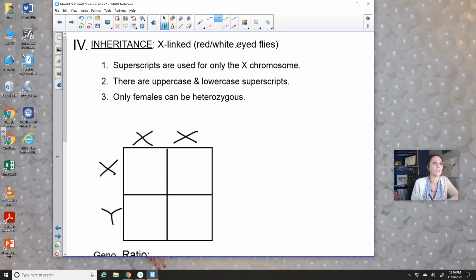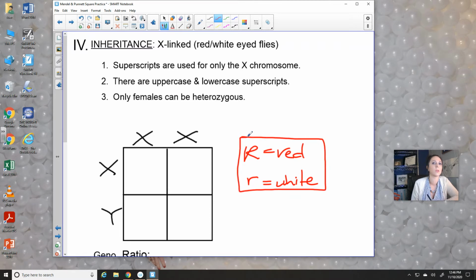flies. There are two colors that fruit flies can have. They can have red eyes, which is a dominant trait, or they can have white eyes, which is the recessive trait. So here's our legend. So, for example, if we had a female fruit fly and she had red eyes, but she was heterozygous for the trait, that means she was big R, little r, and she was crossed with a male with red eyes,